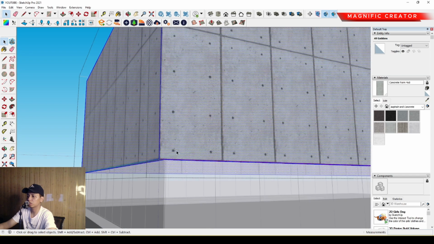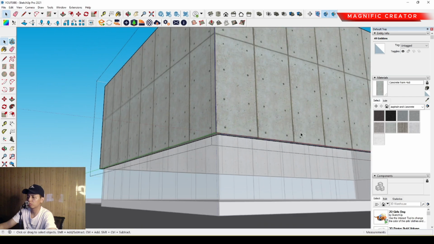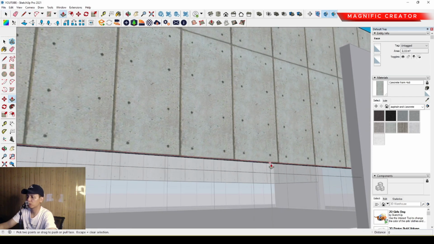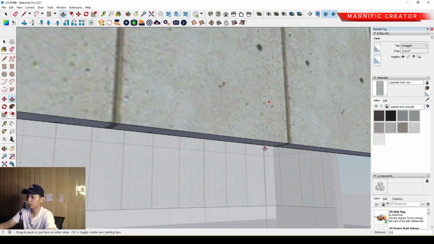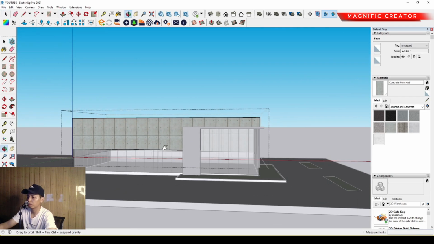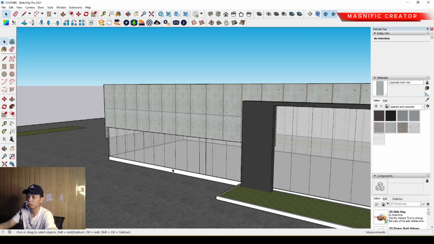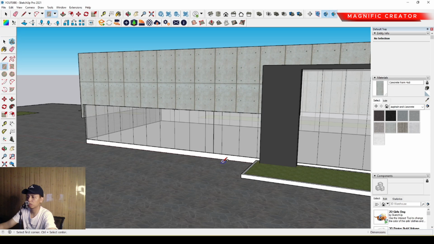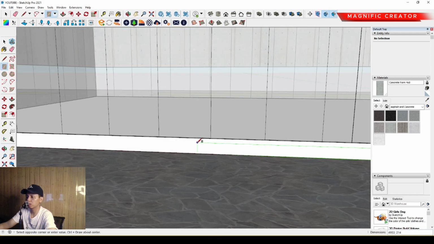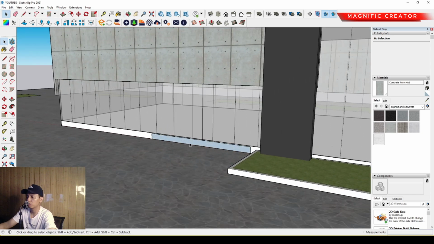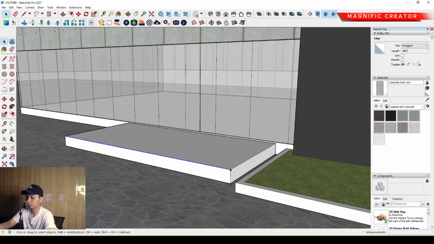Just for this side anyway. Just for this side, we can push it up. Okay, we can push it up until right here. Okay, so it's probably to make the entrance area. For example, we can make the entrance area over there. It's just for example, we can make this, and we can make another